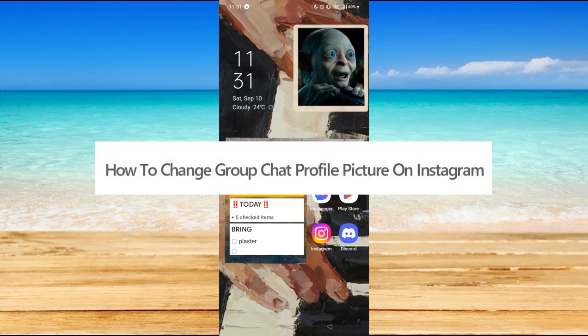How to change group chat profile picture on Instagram. Hi, for today we are back again to our quick and easy video tutorial on how to change group chat